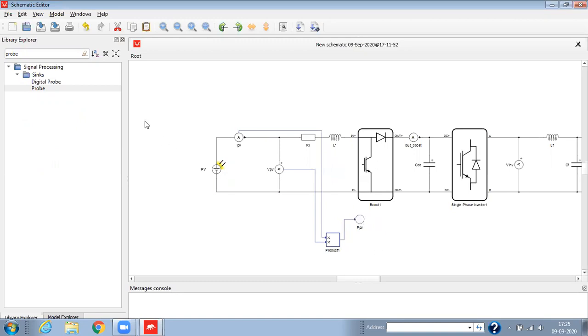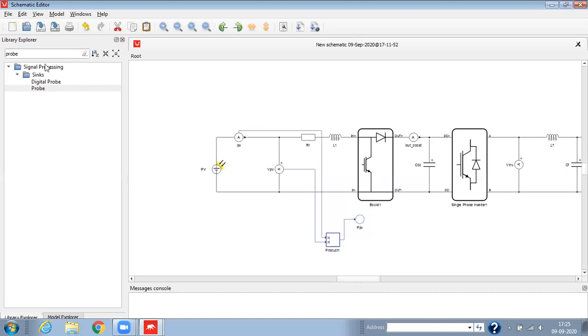Basically, in the perturb and observe algorithm, we apply a small perturbance in the voltage and we try to observe the output. So here we are going to take the unit delay and apply the change in voltage so that we can observe the change in power. That change in voltage and change in power we are going to use with a signal processing component, and after that we are going to provide them to the C function block, and in that C function block we are going to write the code for the P&O algorithm.